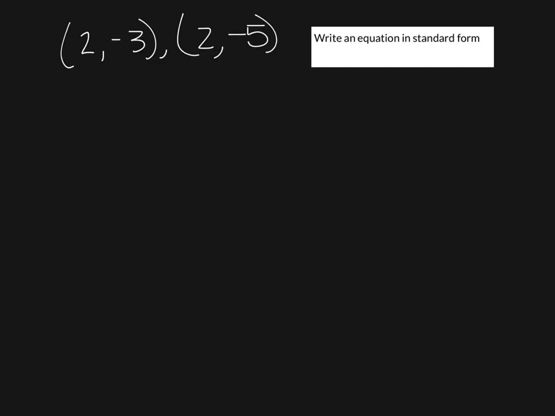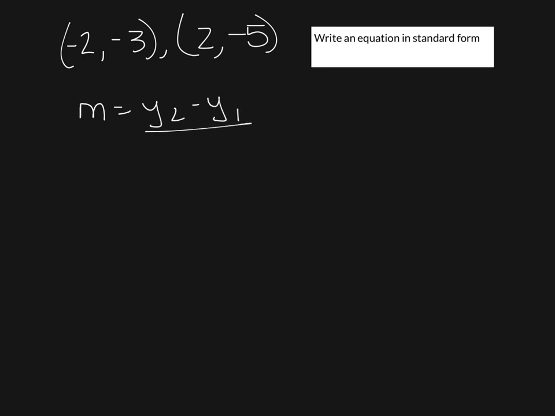In this problem, they ask us to write an equation in standard form using the points 2, -3, and 2, -5. Actually, this is supposed to be -2, -3, and 2, -5. All right, so the first thing that we have to do is find the slope, which we know is y2